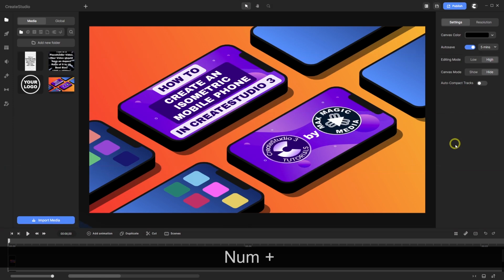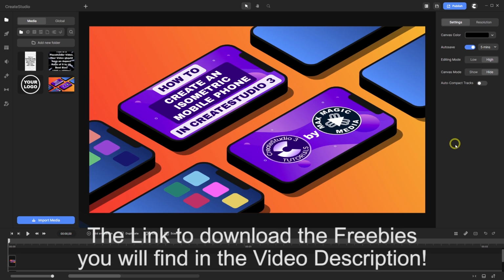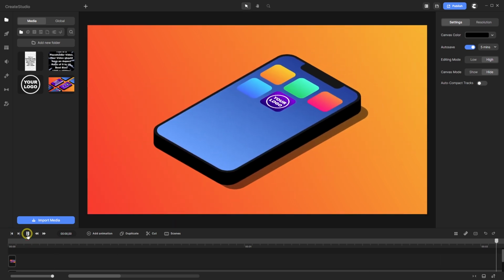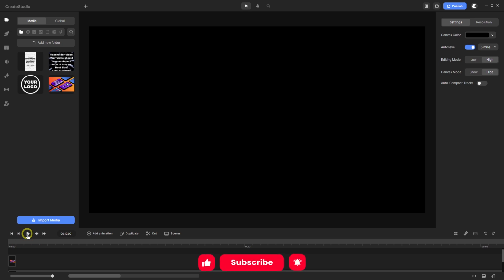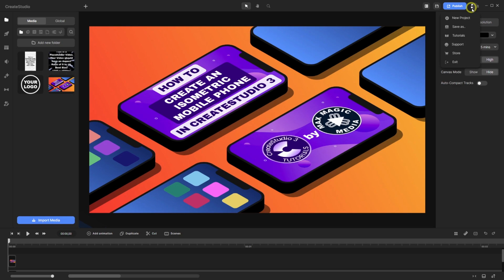Hello CreateStudio user. In this tutorial I will show you how to create an isometric mobile phone in CreateStudio free. This will be a longer tutorial because I also will show you how to create such an animation with this mobile phone like the following. If you only want to know how to create the mobile phone, go with the timestamps. Okay, let's begin. I go with a new project